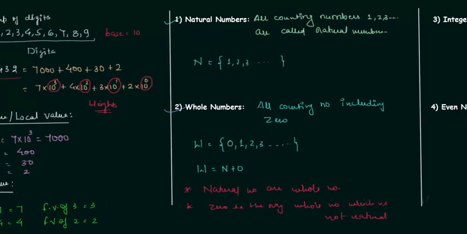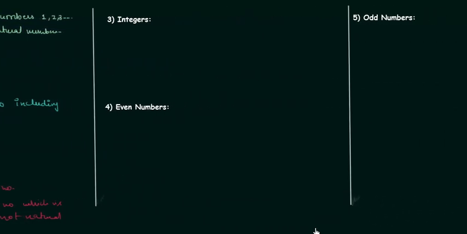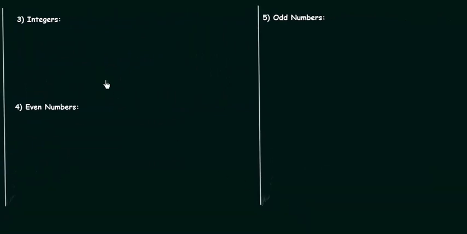Now we will move to the third type, integers. So what is an integer? Integers are counting numbers and their negatives including 0. So integers are counting numbers and their negatives including 0. So we have negative numbers also involved with counting numbers and 0, and we can represent this set of integers like this: